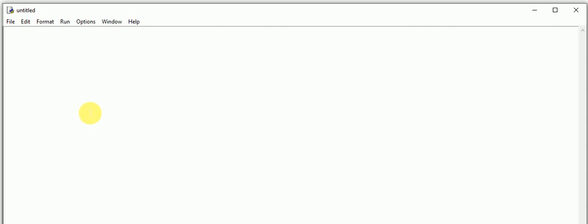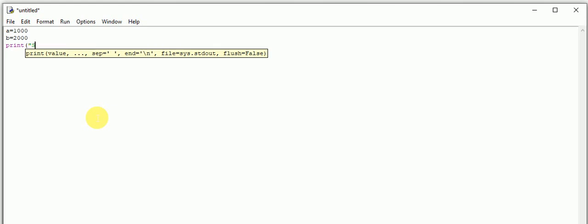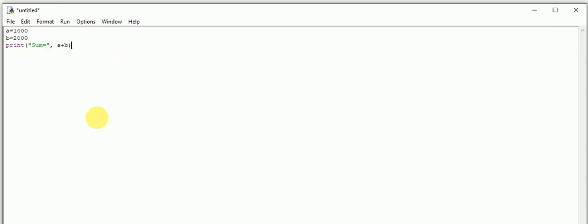Here we can write a number of statements, like a equals 1, print, and so on.